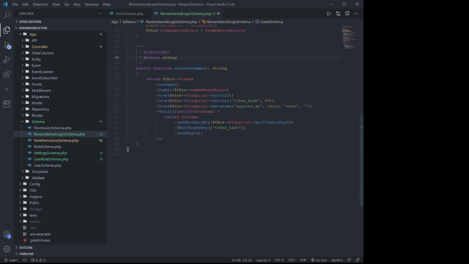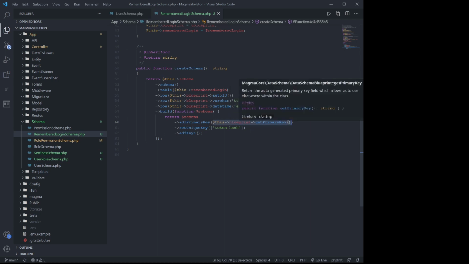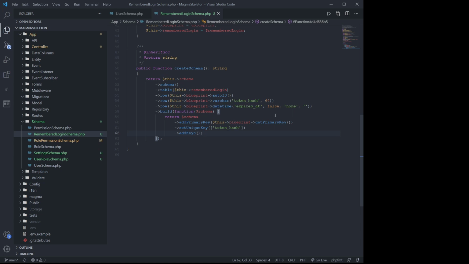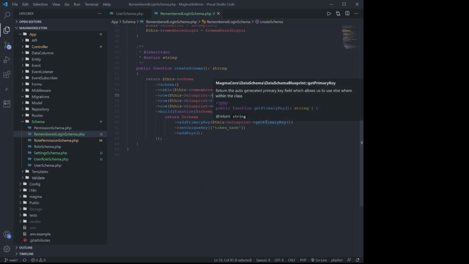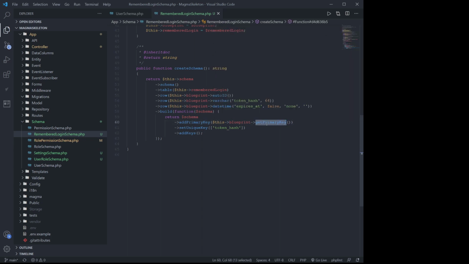And something else I've not touched on is we could add a primary key. We could add a primary key but as a string, for example. We could add it just like that, or we could do what you can see right here, which is get primary key, and what that is effectively doing is getting whatever we've set within this auto ID, and it's simply returning it within this method,